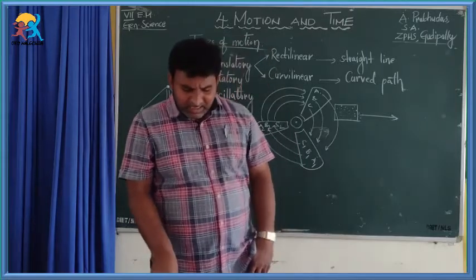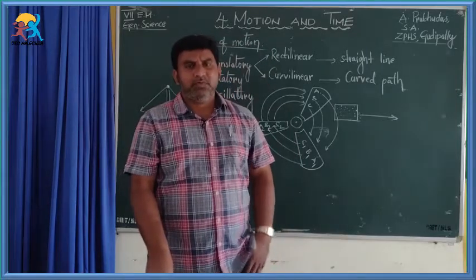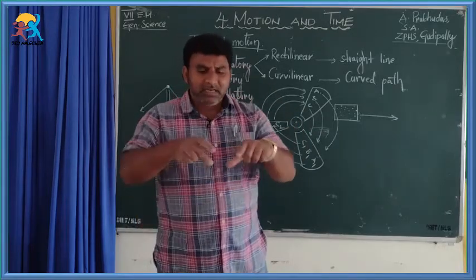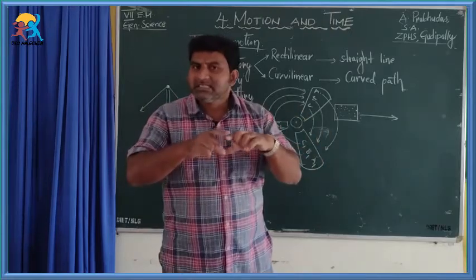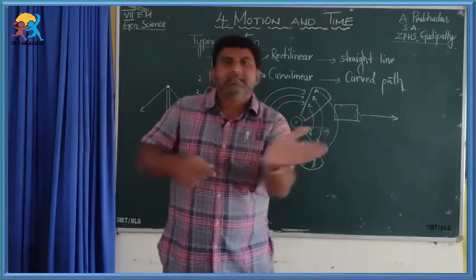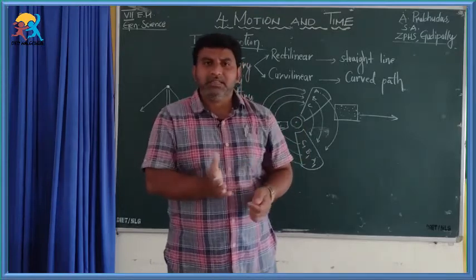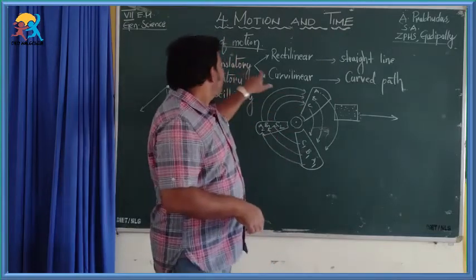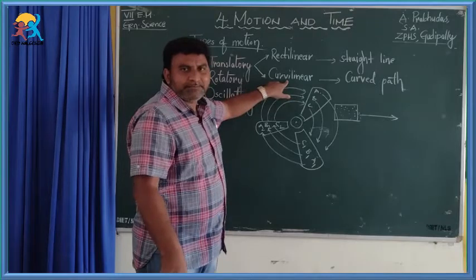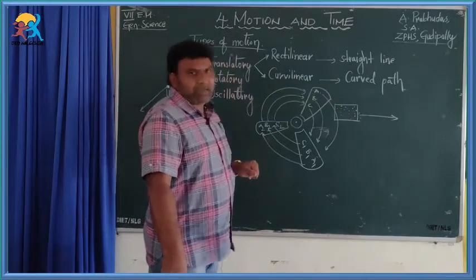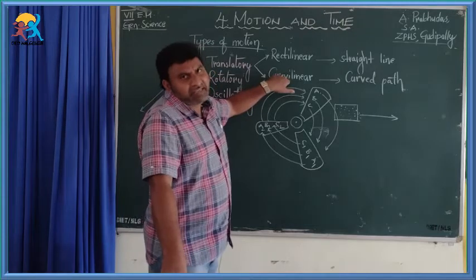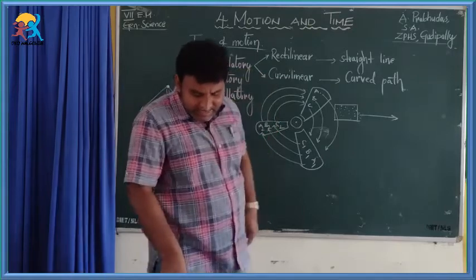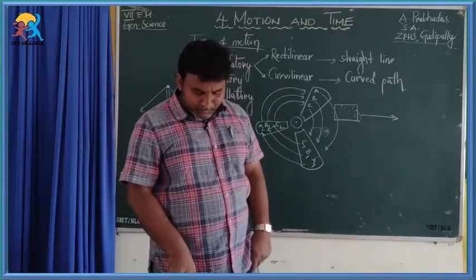Movement of a bus on a hill station road. The road on a hill station is not straight, it is curved, which means the bus moves in a curved manner. So, an object moving in a curved path has curvilinear motion. Curvilinear motion is a type of translatory motion, you know it very well.